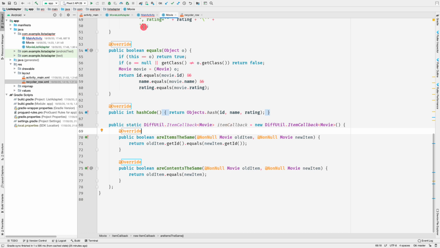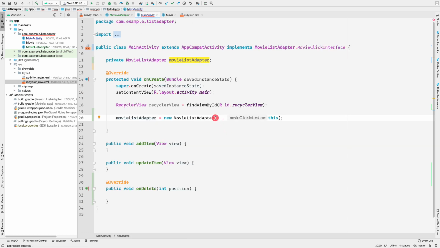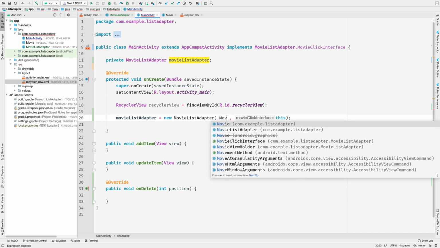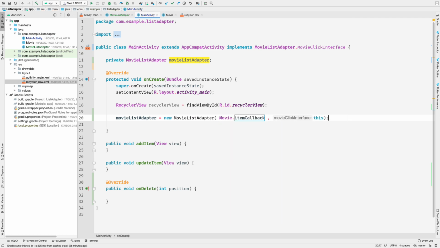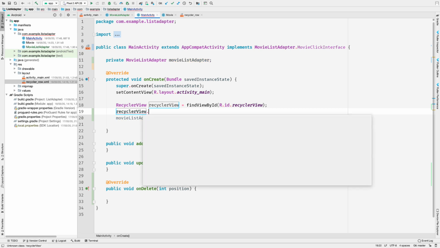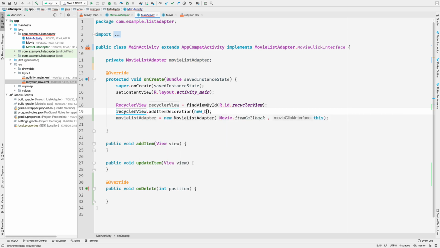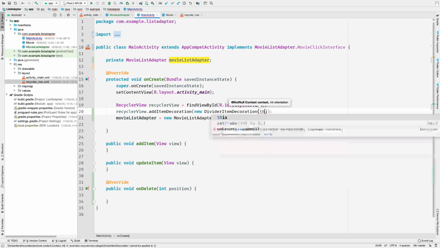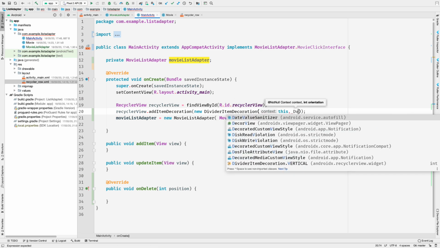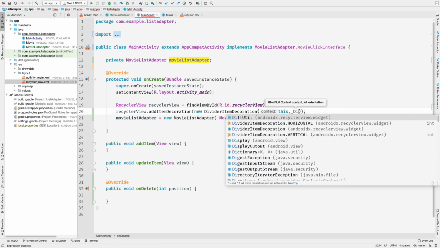And since it is static, we can directly use it inside our MainActivity. So what we can simply do, Movie.ITEM_CALLBACK like this. And now we have our list adapter ready. And let's also attach an item decoration to this RecyclerView. So recyclerView.addItemDecoration, new DividerItemDecoration, and the context would be this, and the orientation would be DividerItemDecoration.VERTICAL